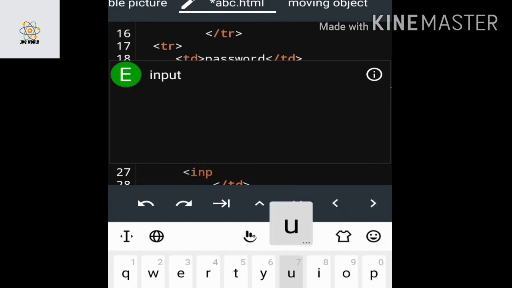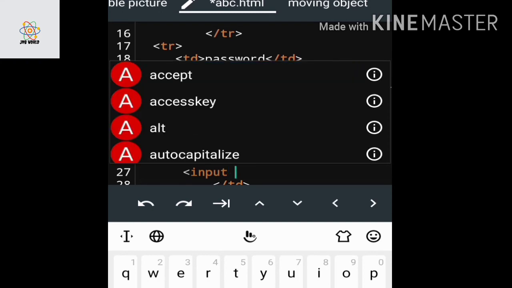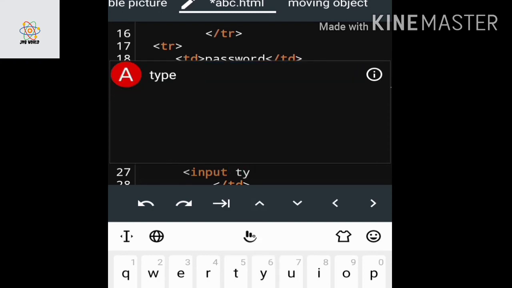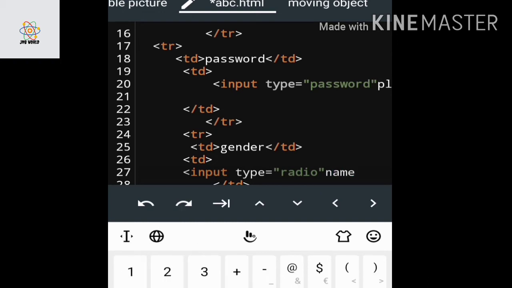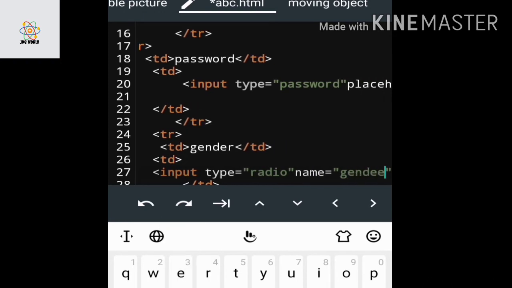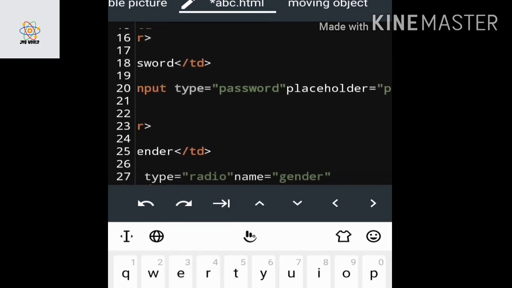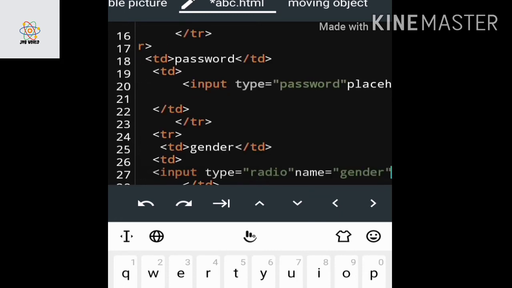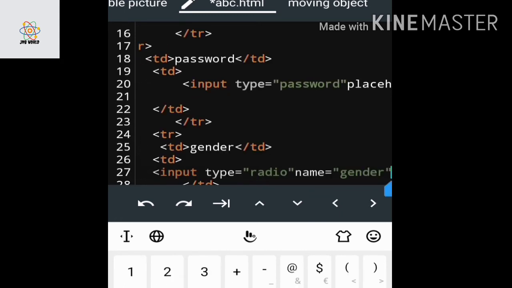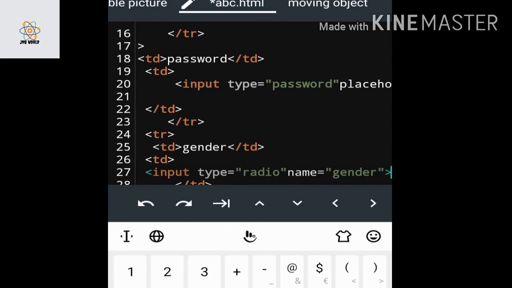So here input type is radio, and name is gender, where the value for the first one is male.